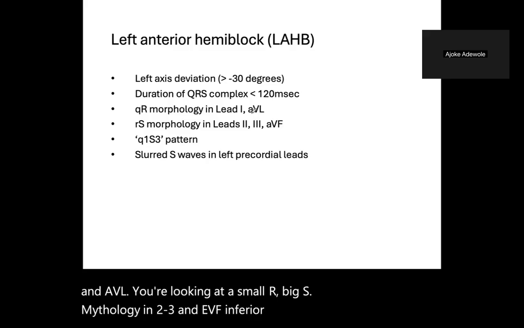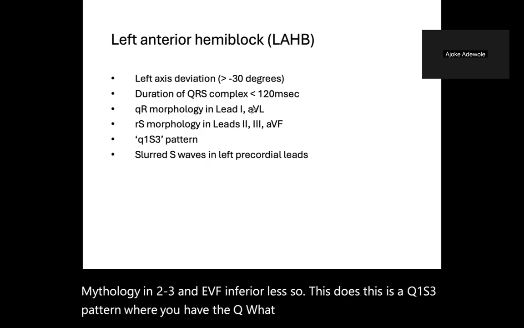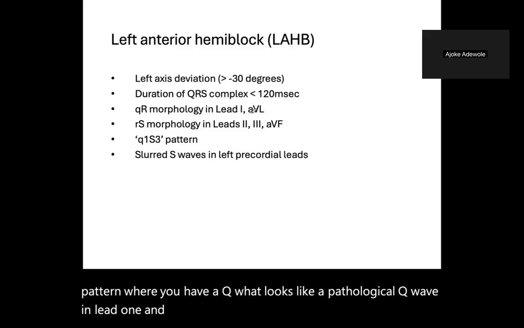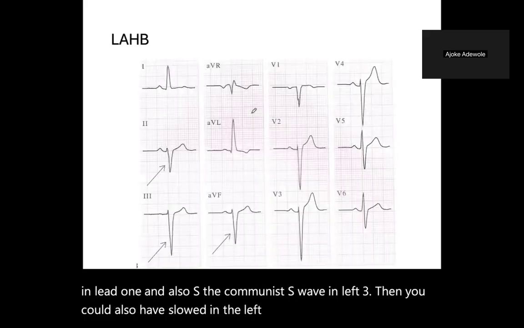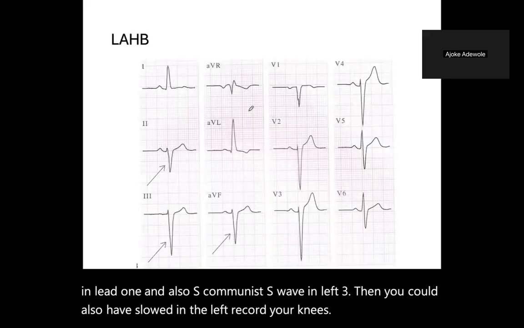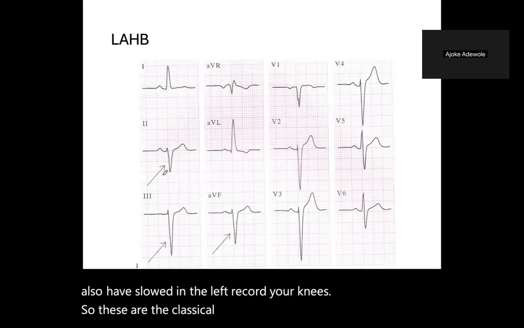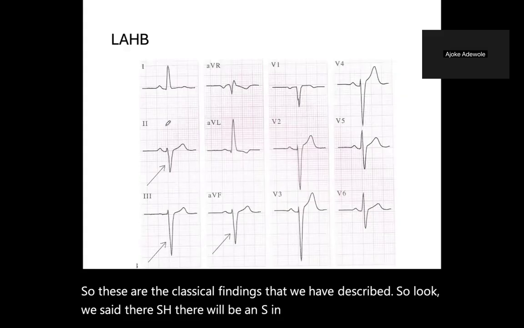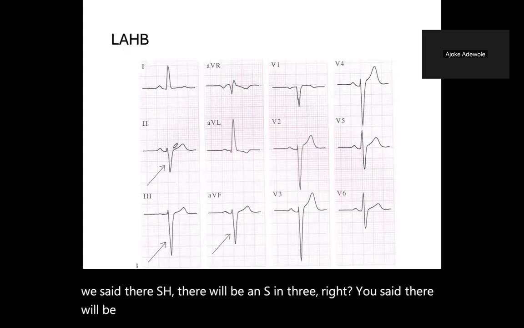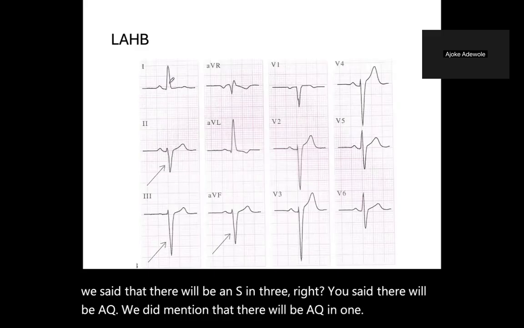So this is a Q1 S3 pattern where you have what looks like a pathologic Q wave in lead 1, and also the prominent S wave in lead 3. Then you could also have slowed S waves in the left precordial leads. So these are the classical findings that we have described. So look, we said there will be an S in 3, right? We said there will be a Q. We did mention that there will be a Q in 1. So there is a Q here in 1,